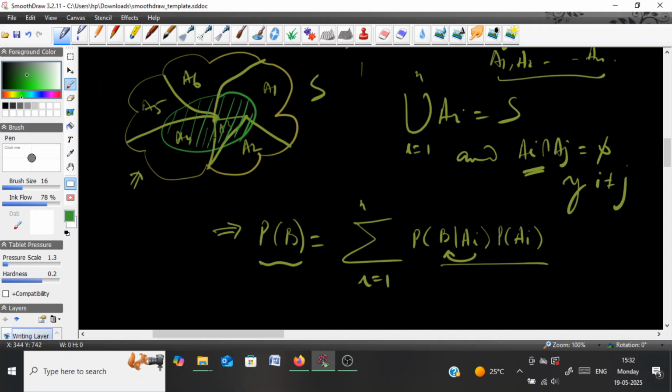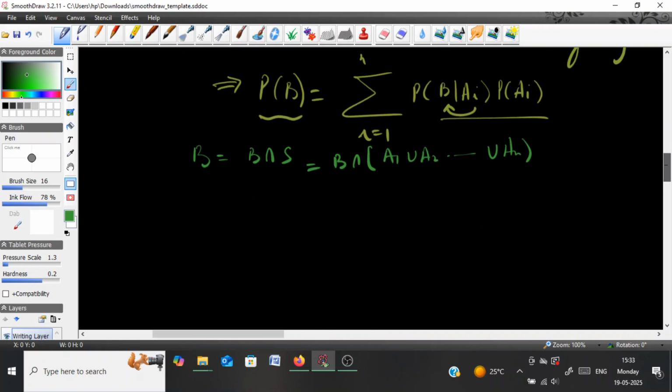Okay, but these events A1, A2, A3, A4, A5, A6 form disjoint events. So B in this case, I can write B as B intersection the sample space, that is one and the same thing, and B intersection the sample space is basically